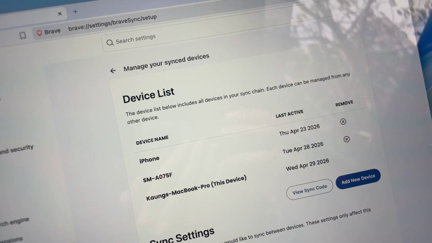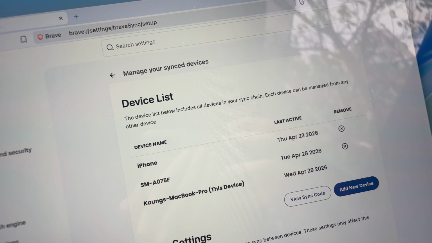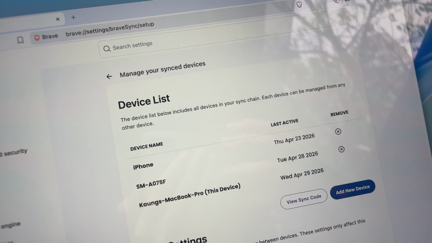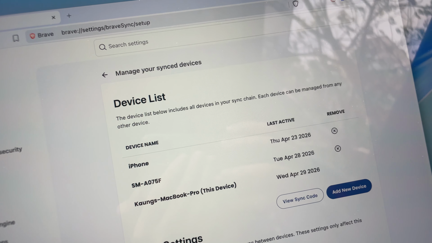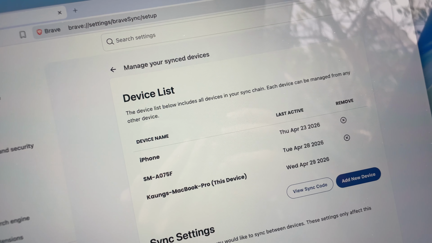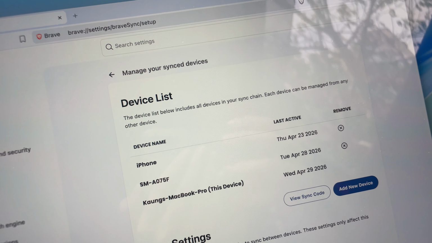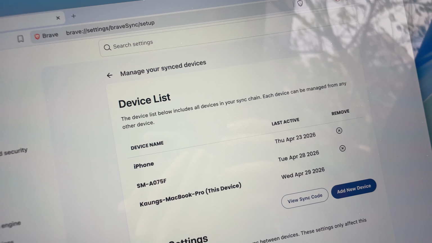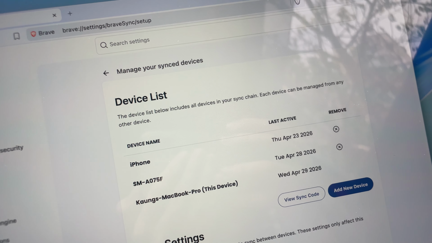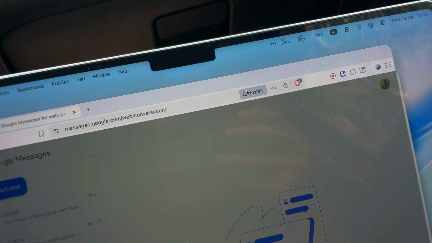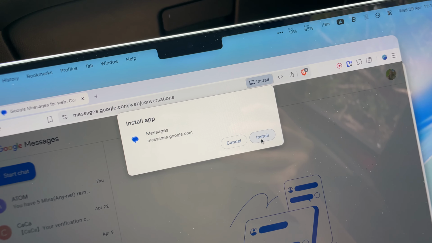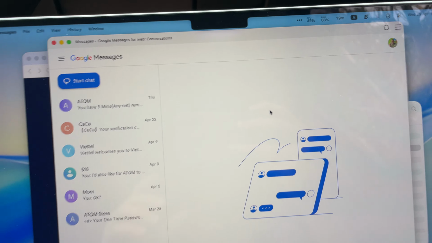Most importantly, it syncs using a sync chain that is super seamless across every platform and is also end-to-end encrypted. It takes a few minutes to set up, and after that, things like history, bookmarks, reading lists, open tabs, passwords, settings, themes, and even extensions can be synced across iOS, Android, macOS, Windows, and even Linux. It also has support for installing websites as standalone apps, which is quite useful for a few things I'm going to talk about later in the video.